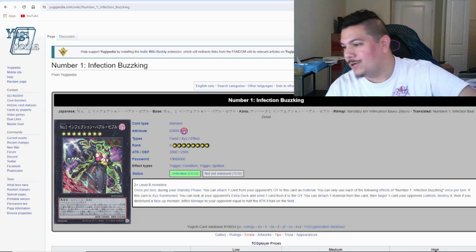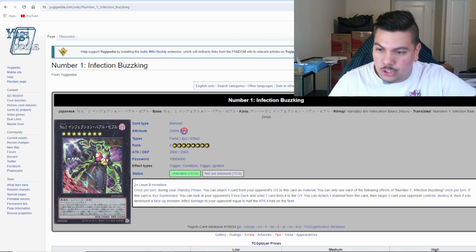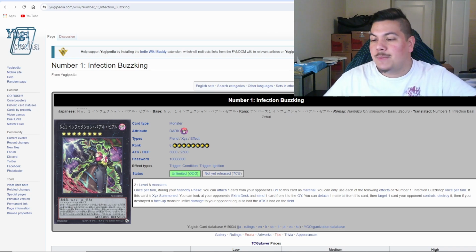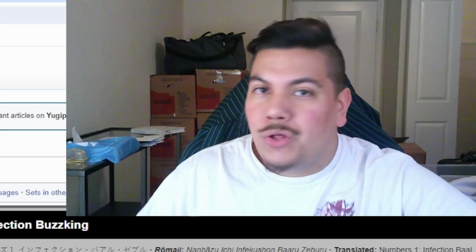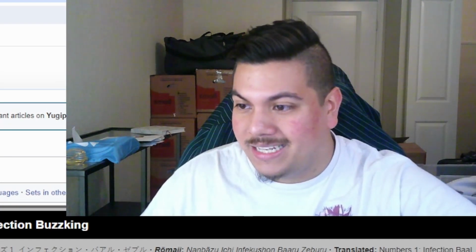Next effect. So you can only use each of the following effects of Infection Buzzking once per turn. So there's no shenanigans as far as making multiple of this card and using the effects, which is fair. If this card is Xyz summoned, look at your opponent's extra deck, send one card from it to the graveyard. So you are gaining immediate knowledge of what your opponent is playing without doing a single thing besides summoning Infection